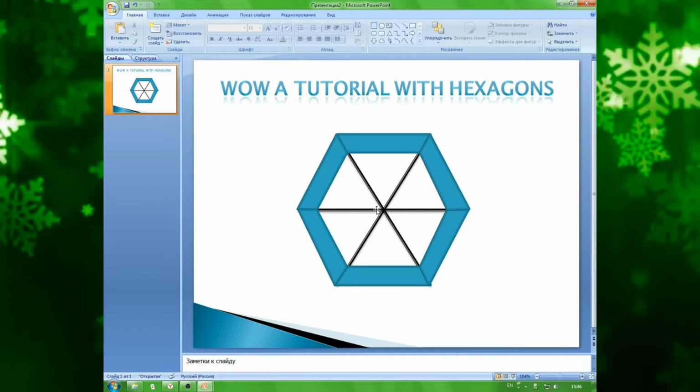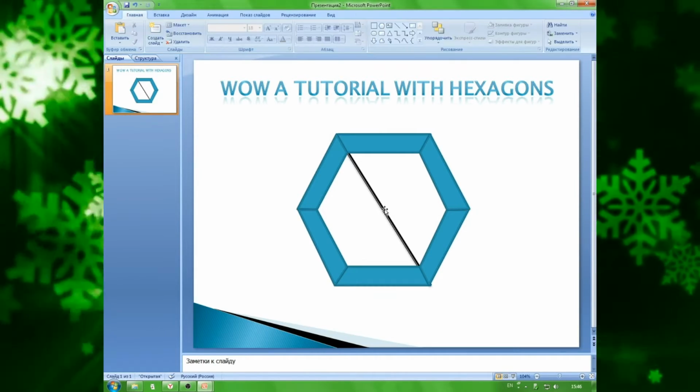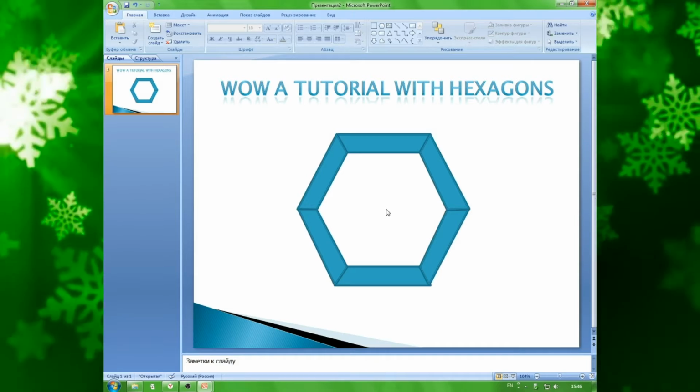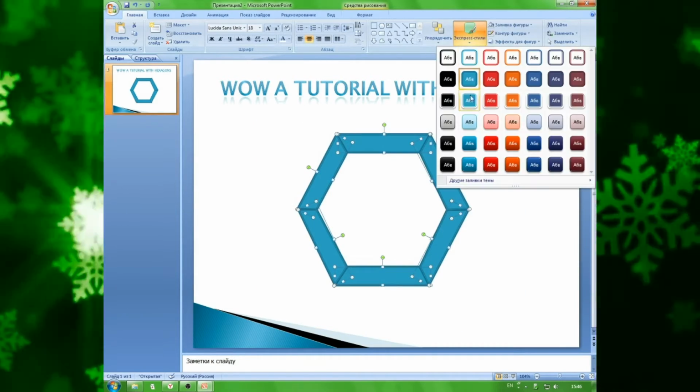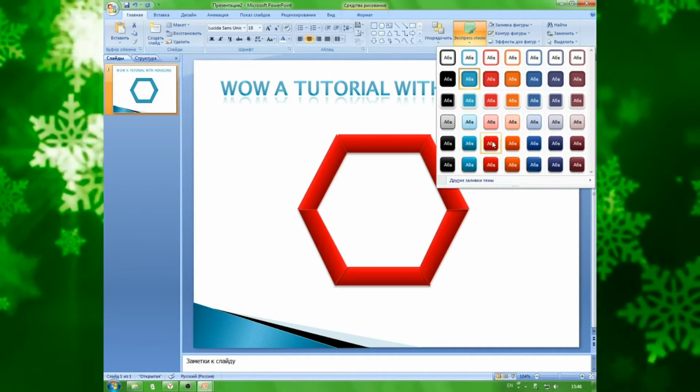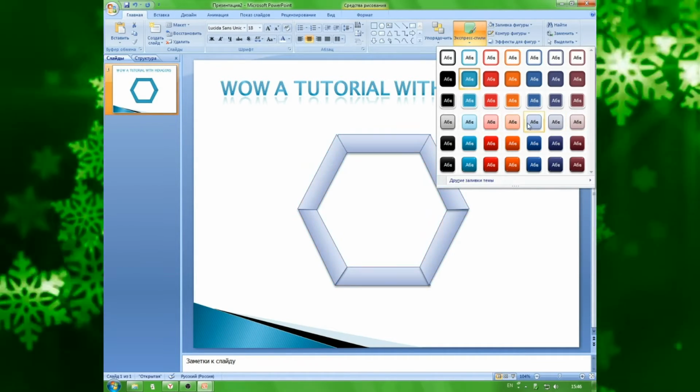After you're done shaping those buttons, you can delete the lines now and choose a color for the buttons. If you don't like choosing colors, you can just use one of these express styles.